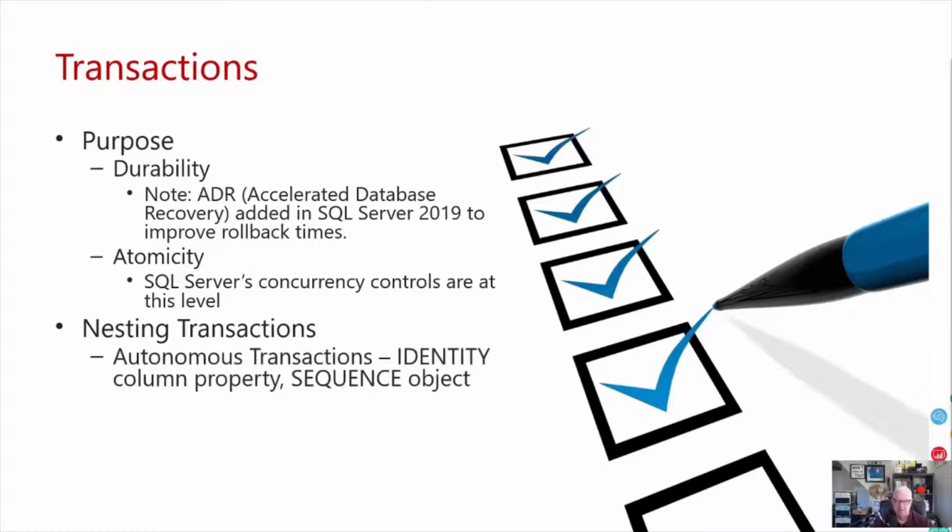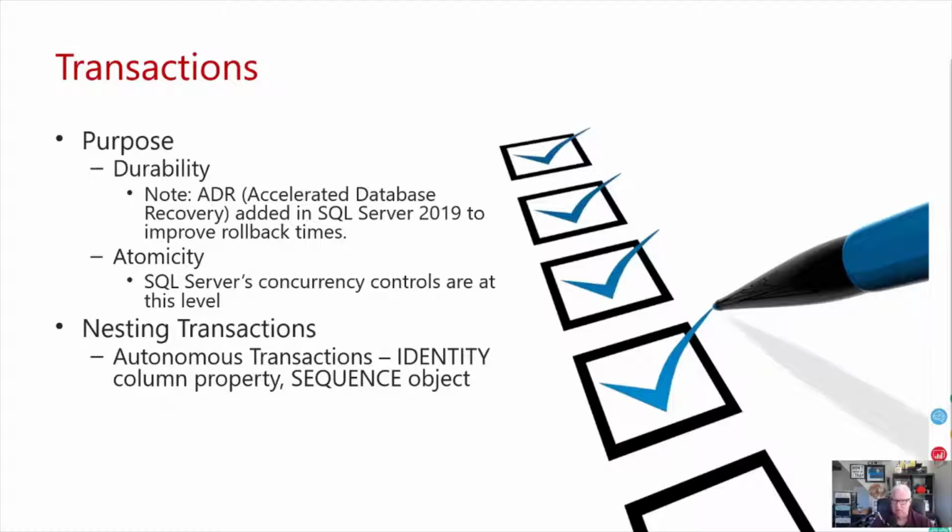Beyond the regular sort of transaction, we have what are thought of as autonomous transactions. Some RDBMSs have this as a separate kind of thing you can start. But in SQL Server, we have identity columns and sequence objects. So when you do an insert into a table that has an identity column, it starts a little transaction, says give me the next identity value, grabs it, sets the identity to the next value in order, and then it ends that transaction, but the external transaction is still running. If you roll back that insert,